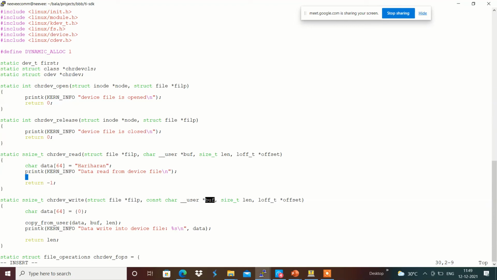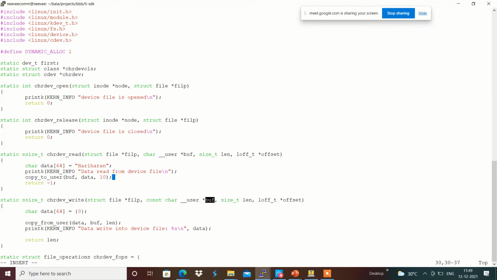For example, I'm going to use copy_to_user, which will have a buffer as the destination, and we are going to copy from the data, and maybe we can use 10 bytes.